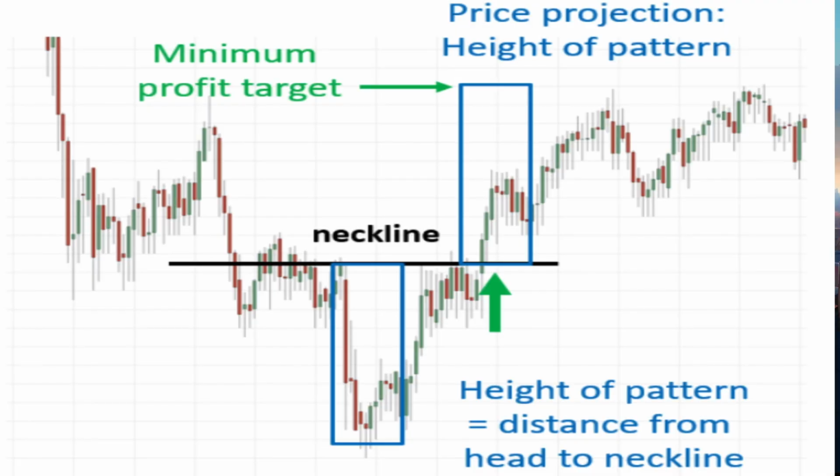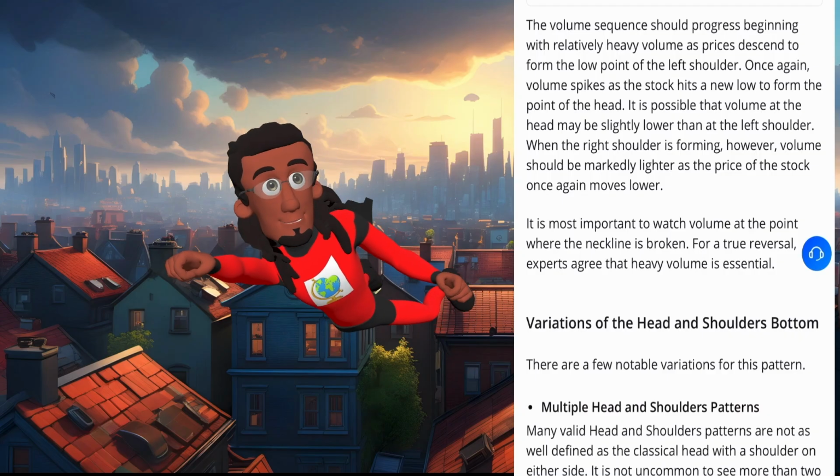The pattern is complete when the resistance marked by the neckline is broken. This occurs when the price of the stock, rising from the low point of the right shoulder, moves up through the neckline. Many technical analysts only consider the neckline broken if the stock closes above the neckline. So we gotta exercise patience, all right? The stock can do whatever, the candle can do whatever it wants, but we need to see what happens on